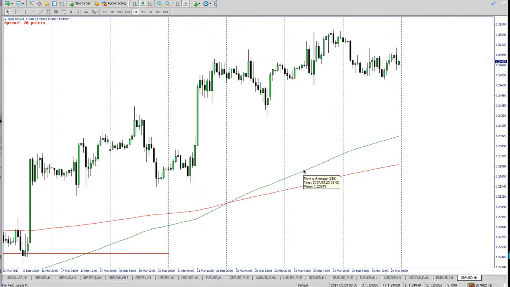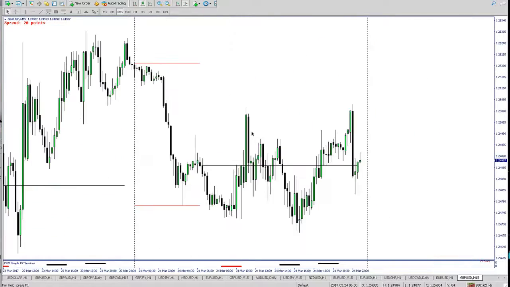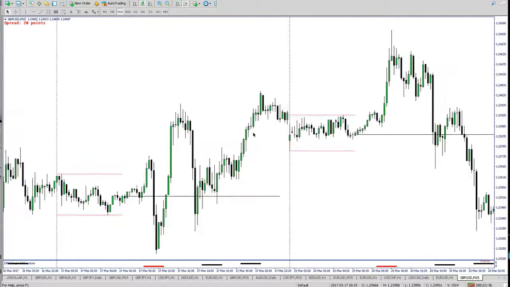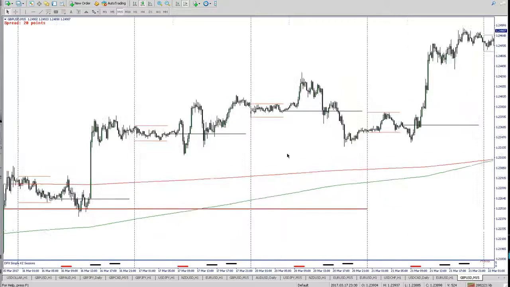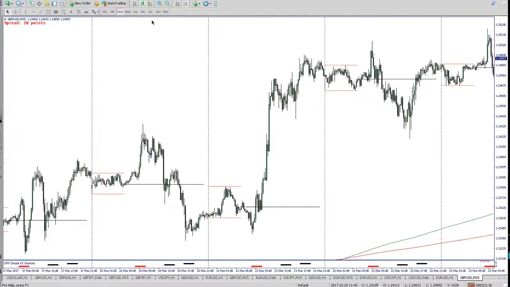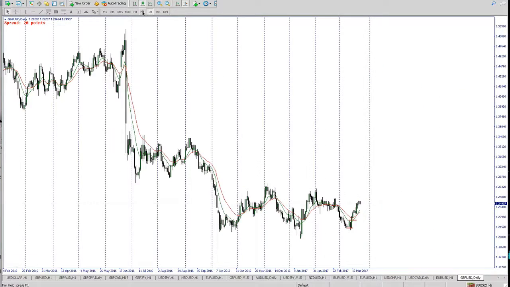So we've got 216 and 432, and I've even went down to the 15-minute chart, guys. And then you've got 1,728 and 864. These EMAs are exactly the same on the daily, 4 hour,